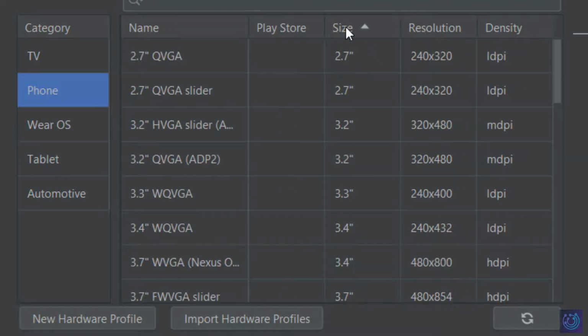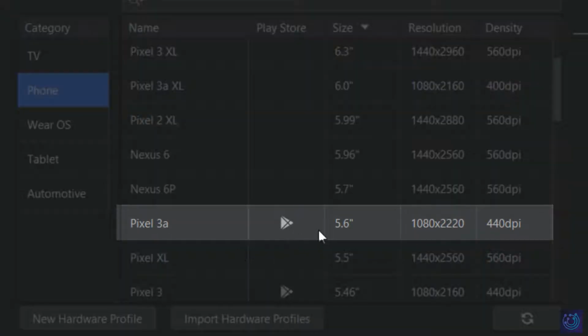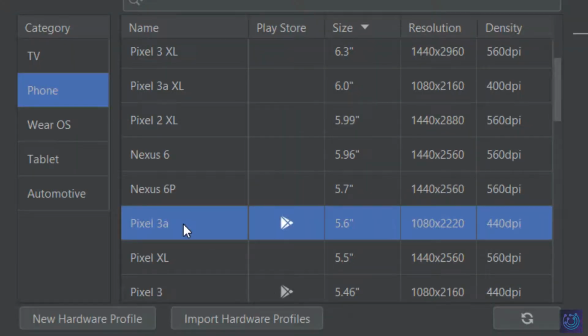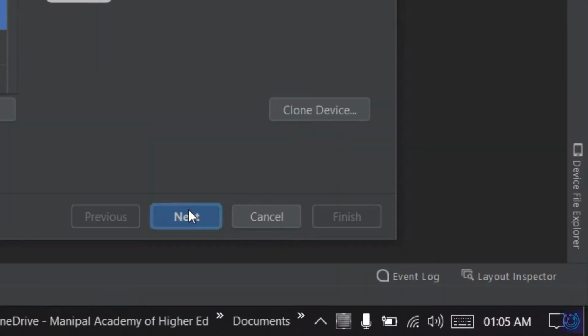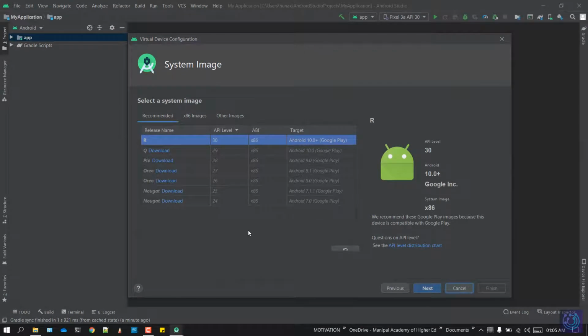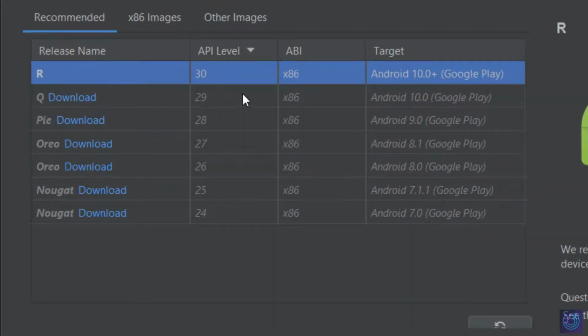So let me just click on the size twice, so it will give me the biggest screen size. And if you see, Pixel 3a has comparatively the biggest screen, along with Play Store. So we can choose this, click on next, and from here download the version of Android whichever you prefer.